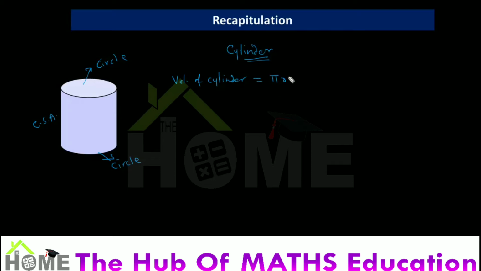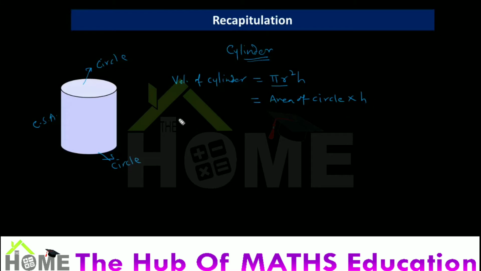So here the volume of a cylinder is equal to pi r square h. Here pi r square is the area of a circle multiplied by the height. Because a cylinder is formed by different circles kept one on another, the cross sectional area of that cylinder is nothing but a circle. And if there are such h circles, the area of one circle multiplied by h will be equal to the volume of the cylinder.